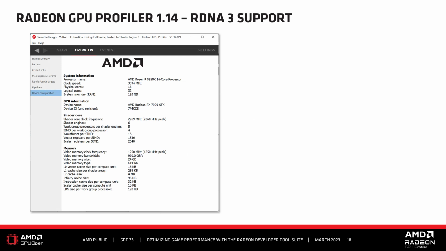As mentioned earlier, one of the largest things we did over the past year was add support for our latest GPUs, the RDNA 3-based RX 7000 series. While most of the work was done under the hood to support all of the existing RGP features on the new architecture, there are a few places where new hardware features have been surfaced in the RGP user interface.